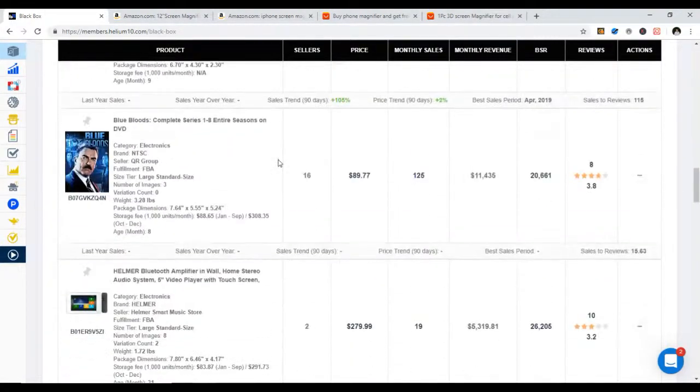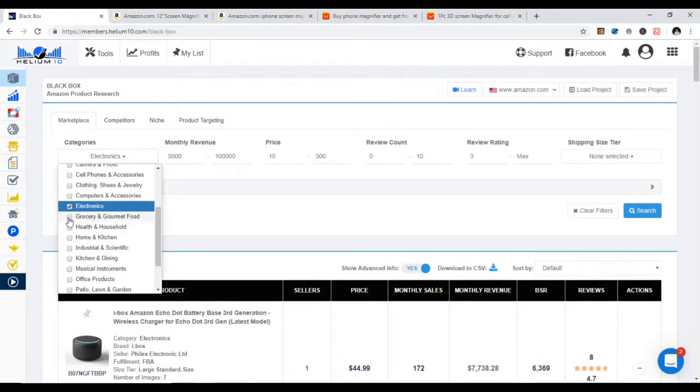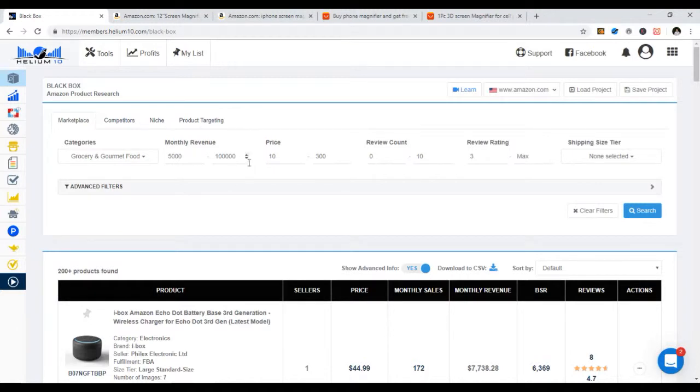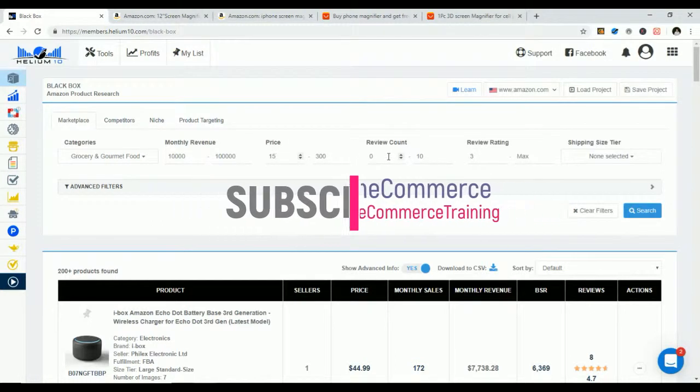So you can just dig through and do the exact same thing. Now, if you sell in different categories, obviously you just do the same thing. Just come and choose a different category. Get rid of the electronics, right? And if you want, change the revenue to, let's find something that's at least 10,000 monthly searches, and let's go with a minimum price of $15. We can leave the maximum price the same. I'll leave the review count